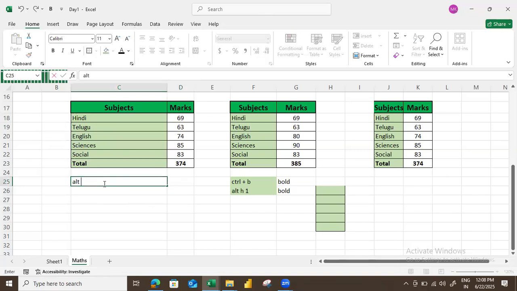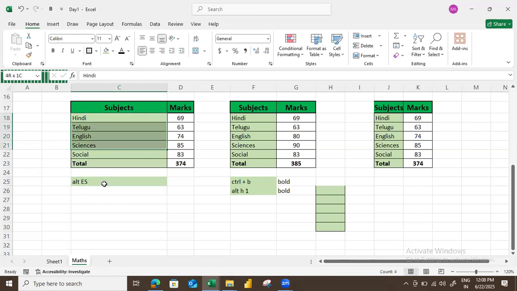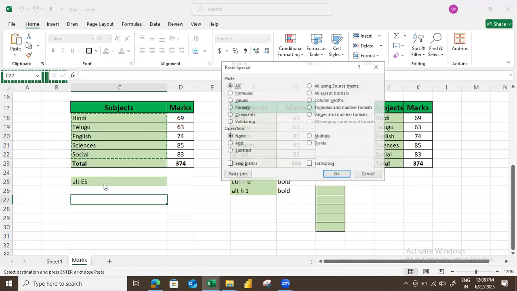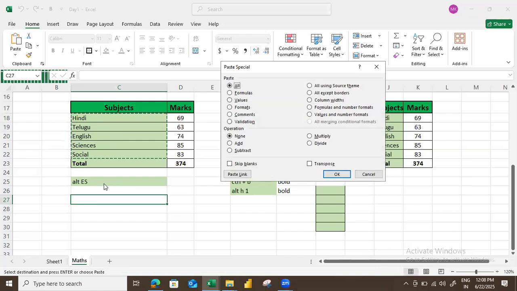Alt ES. Okay. So I copy, Alt ES. The moment you press Alt and ES, you get this table by default. So you were asking me, right? How are you getting this table so quickly? So this is the shortcut I use. Now the moment you do Alt ES, you get this table, and inside it, whatever you want to do,